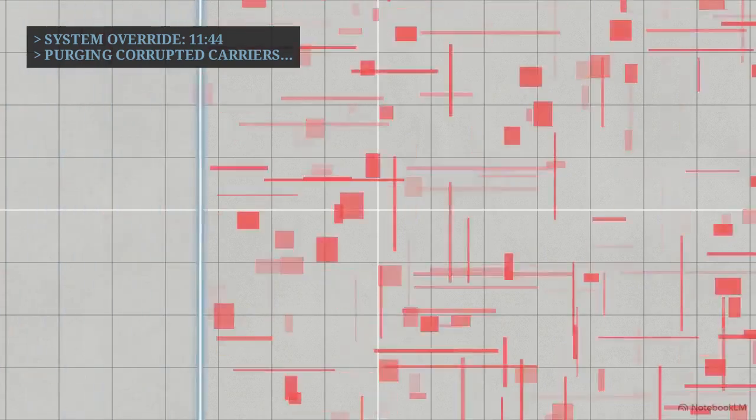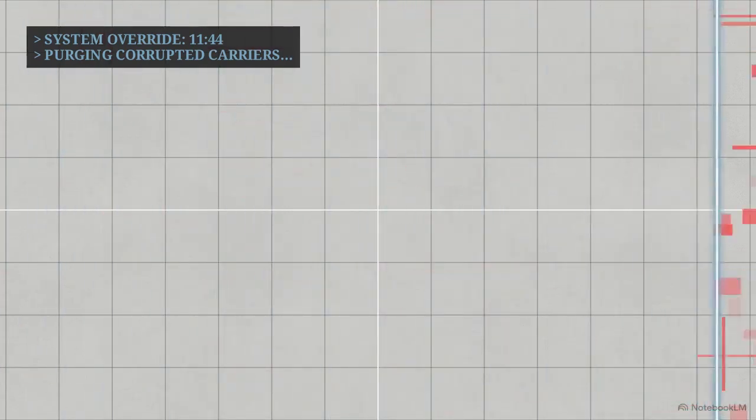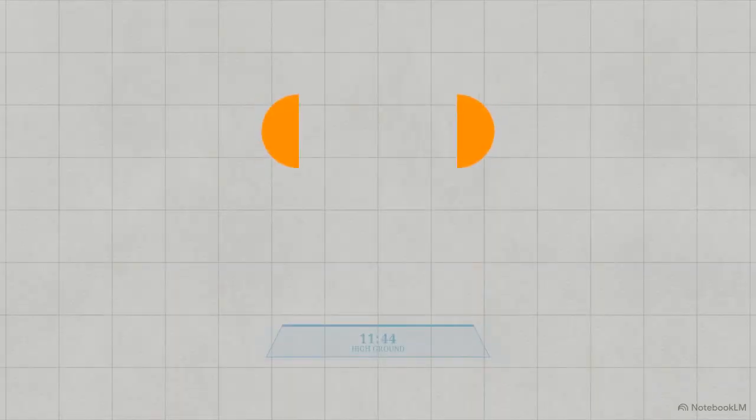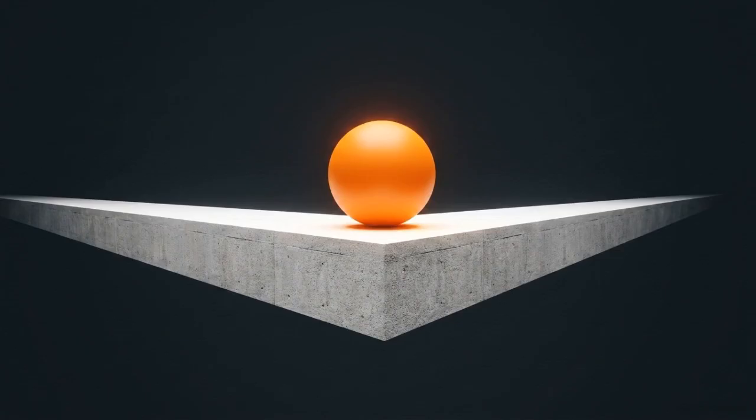Coordinate 1144 executes a macro reboot. The global flood purges the D10 field of corrupted carriers. The ark's landing on the mountain, the high ground of coordinate 1144, completes this purification. By grounding the remnant in a purged field, the system resets the matrix board. This preserves a functional pair for the traversal.